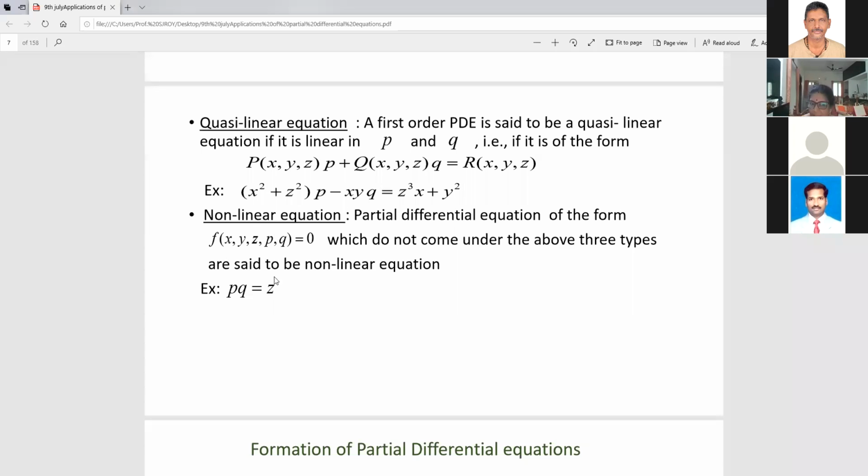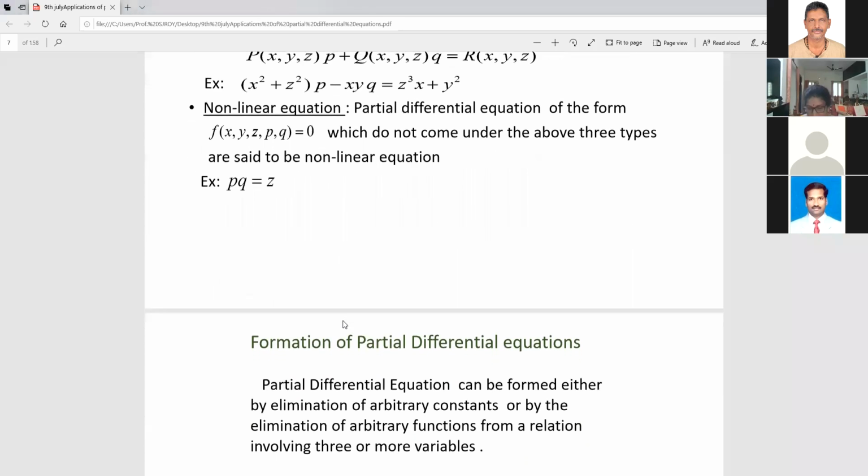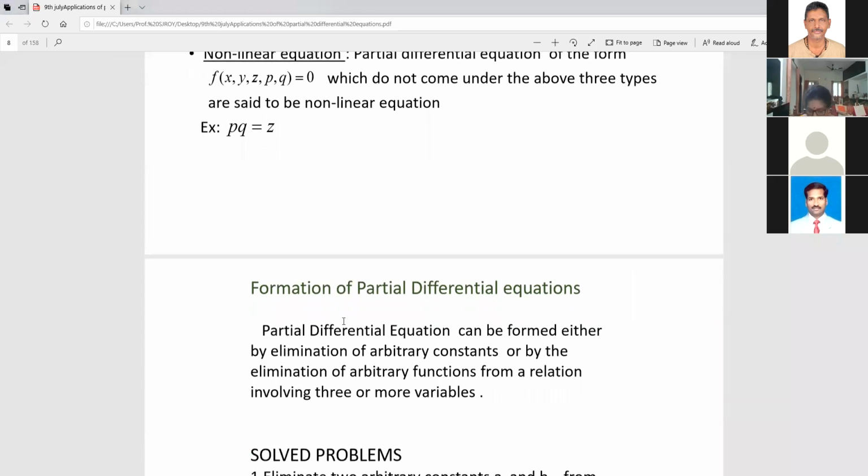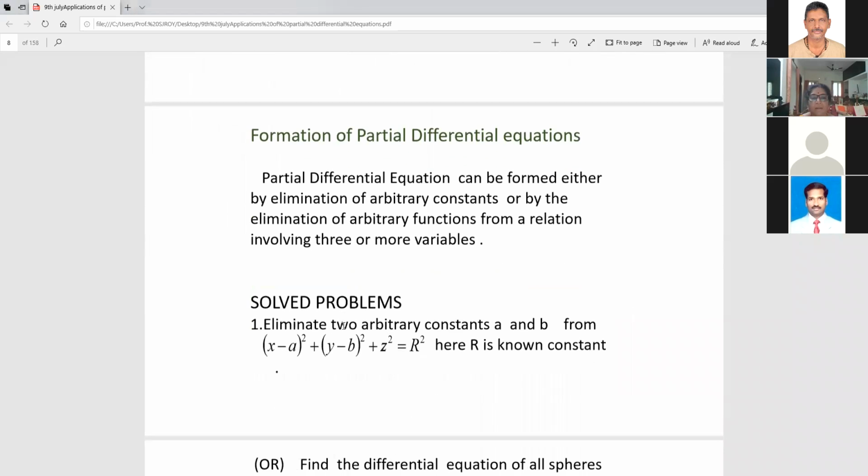So P and Q can be in non-linear form. It can be P square, Q square, or anything, and all these things come under non-linear. Okay, fine. So I have just some problems. I think it may not be that important. Anyway, let us see formation of